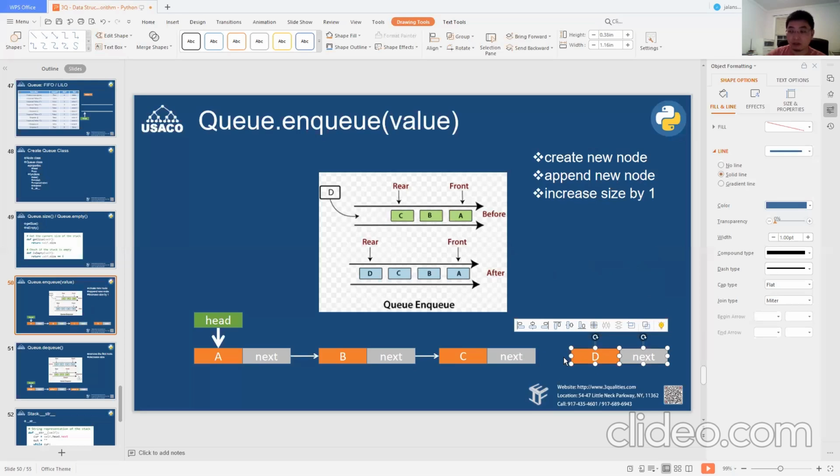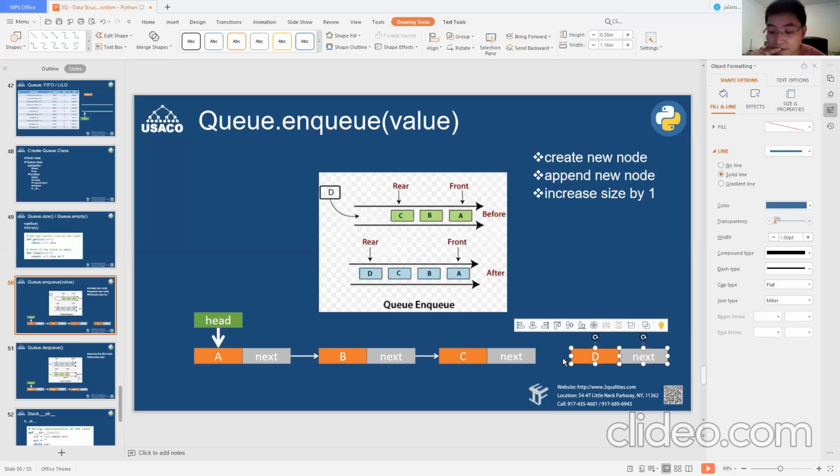In order to be able to append, what do you think we should first do? Aston. Increase the size? No, increase size is after that. But in order to append the new node to the tail of the list, what should we first do? Just remember how we append an item in a linked list.